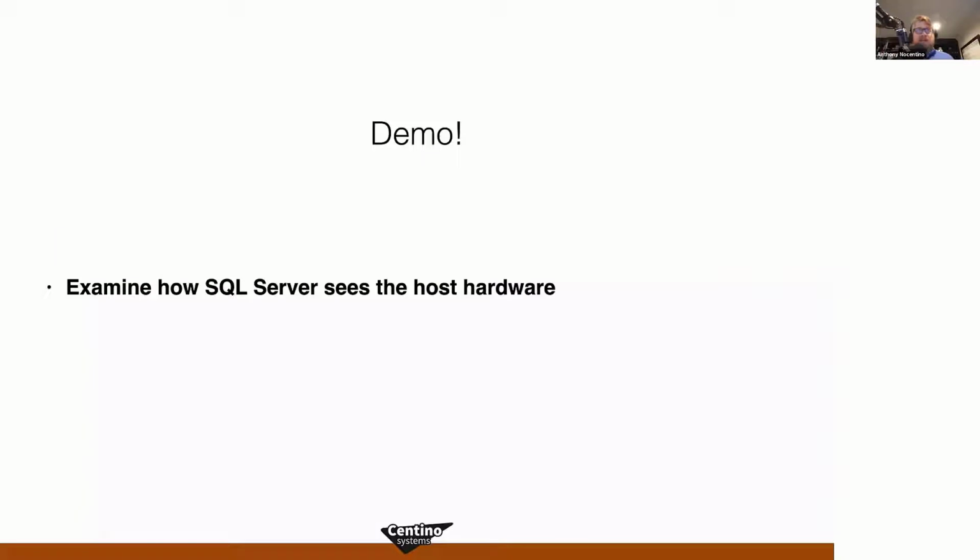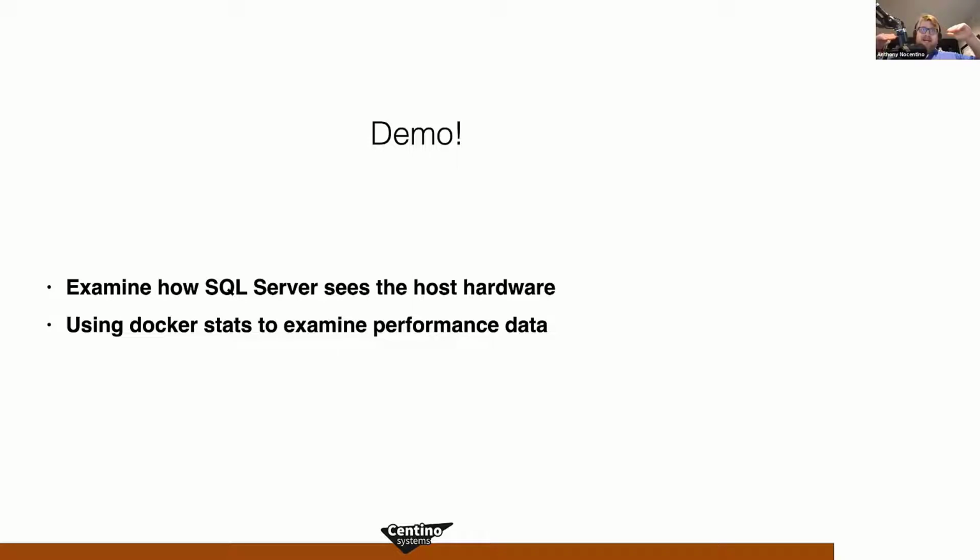So we looked at how SQL Server sees that host hardware with the context of limits and non-limits, right? For that first container, we started up with no limits. We looked at how we can use Docker stats to examine that performance data to see who's consuming what, and the impact of applying a CPU limit to a workload, where that workload went from using a little bit more than 25% of CPU down to 1/10 of a CPU when we affected that change.